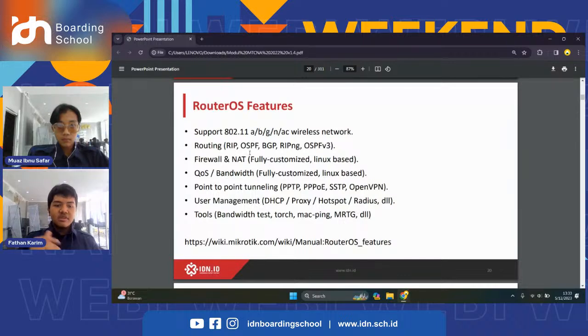The fifth is point-to-point tunneling, like PPTP, PPPoE, and more. The sixth is user management, like DHCP, proxy, hotspot, and others. The last is the tools, which can be used for bandwidth tests, ping, and more. So that's about the RouterOS features.